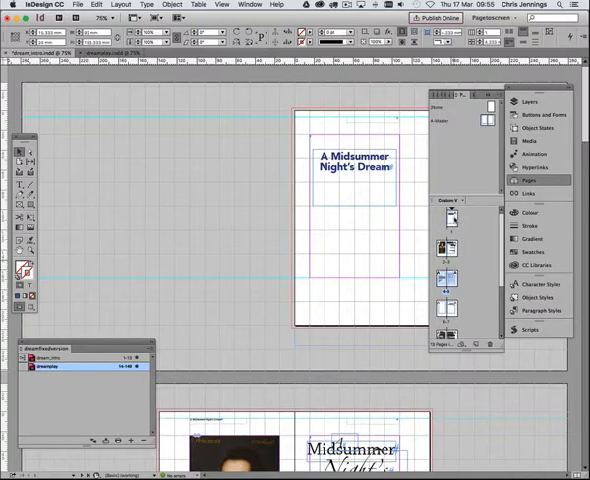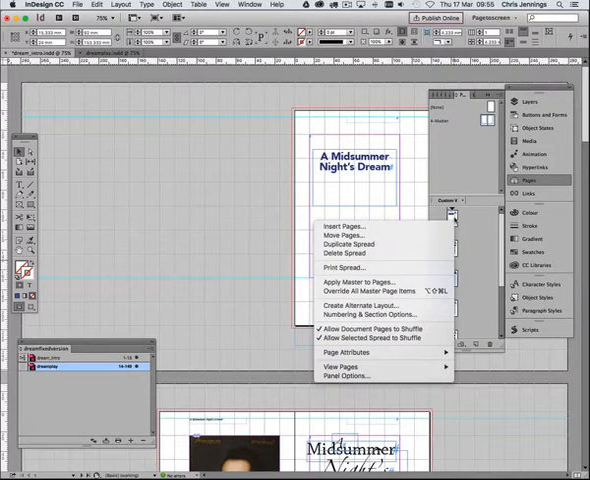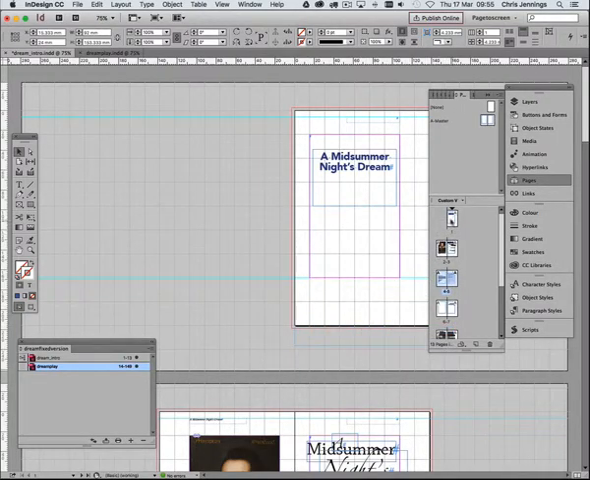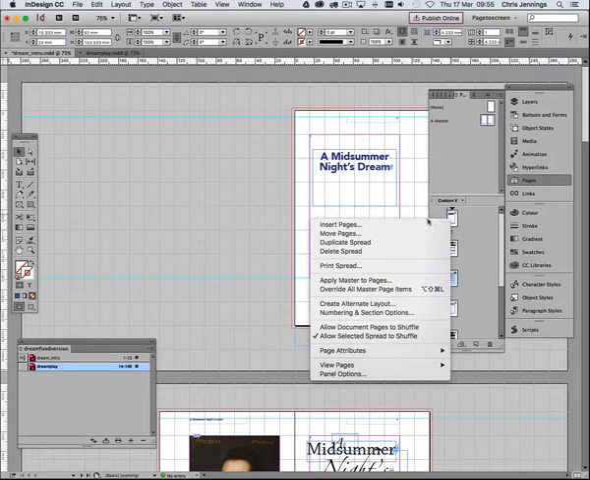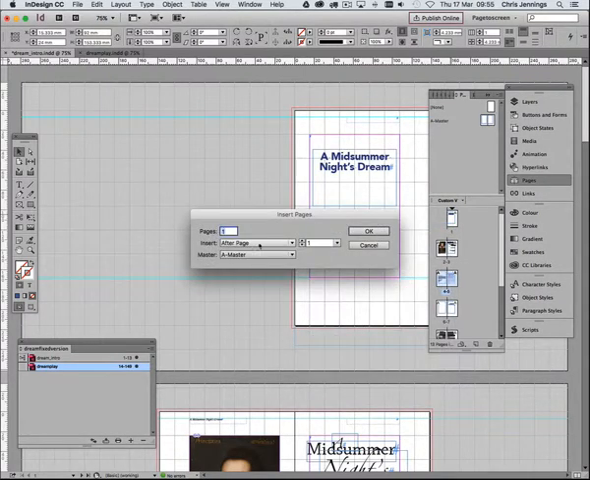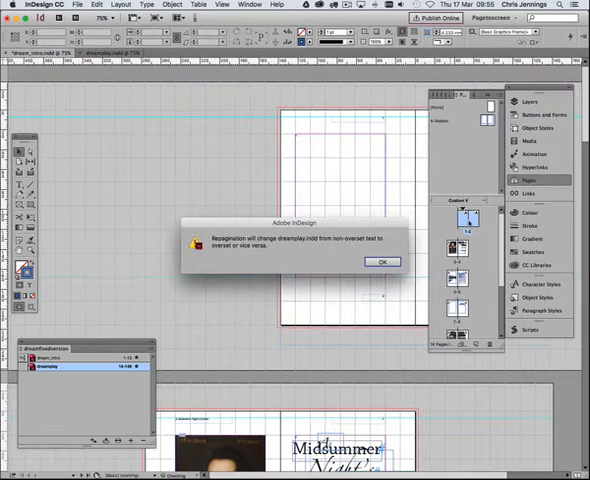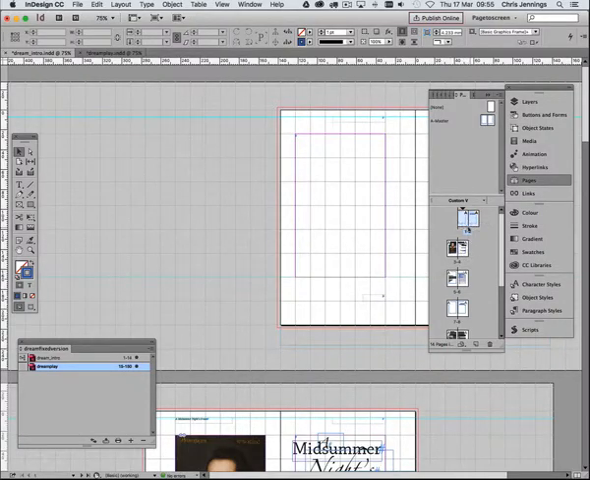First of all, we're going to right click over the page itself, and then we're going to say that we don't want the document pages to shuffle. We turn that off. Then what we're going to do is to add a page before that page. And as you can see, we do get a second page, but what we get is 2 pages to the right of the spine. So the next job we have to do is to start a new section